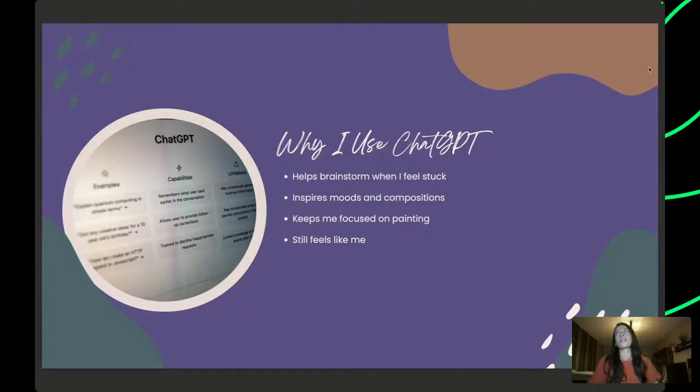And with limited time and so many distractions in today's world, this is really precious, I think. And in the end, it still feels like me, because once I train it to know my style, to know me better, to know what I like to paint and what I want to create, in the end, the result still feels personal.